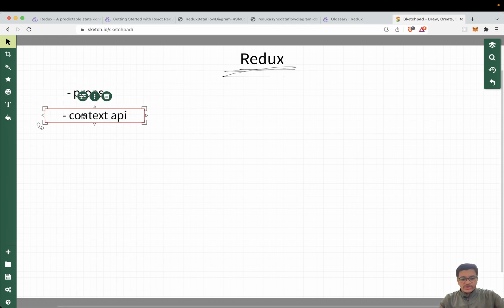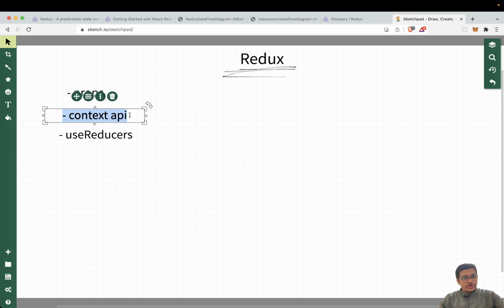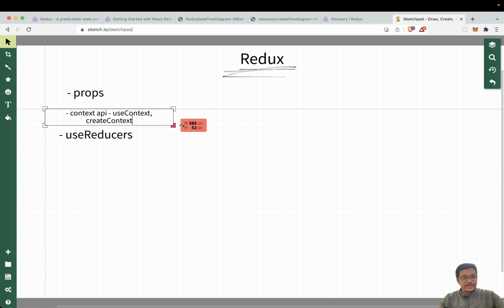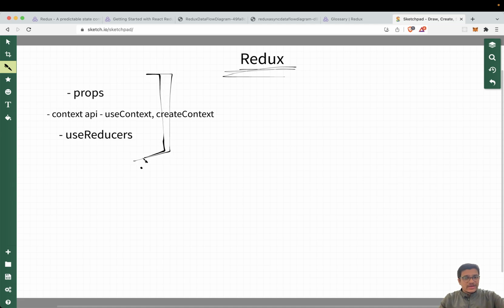And one more thing I would like to add, that is useReducer. This is one of the hooks, remember that. For the context API, we use hooks called useContext, createContext. So these are the official, or native, techniques of managing the state